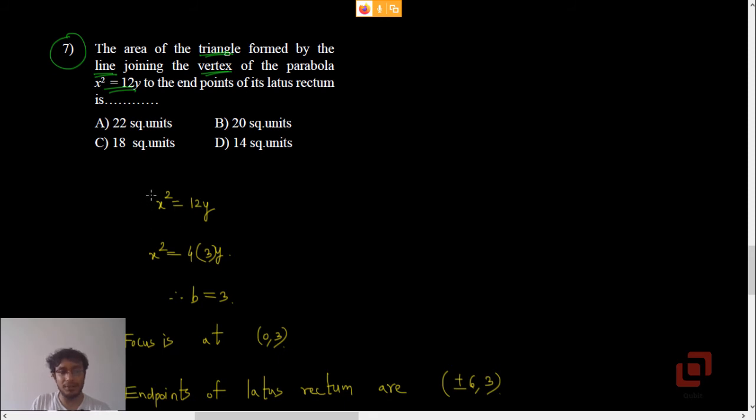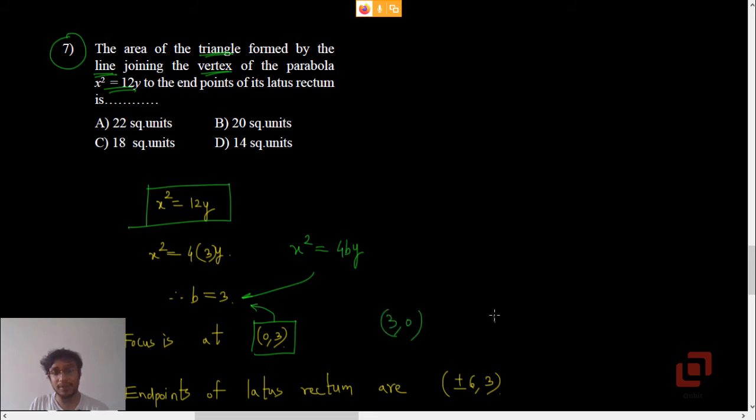From this equation, we first get the value of b by comparing it with the standard form. Once you get b as 3, then again you bring in your knowledge of the theory of parabola to write the coordinates of the focus as (0, 3). Remember, don't write (3, 0) because our parabola is not y squared equal to 12x. Sometimes you may commit such a mistake, but observe the equation carefully. If it is y squared equal to 12x, which is more standard than x squared equal to 12y, then yes, but not in this case.